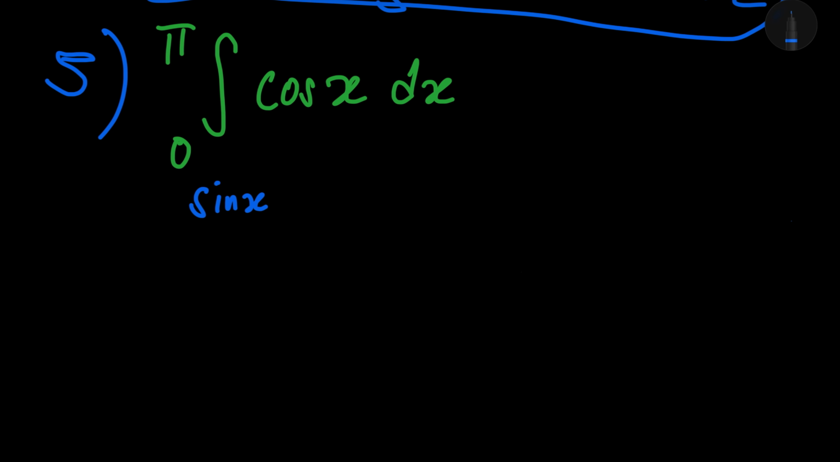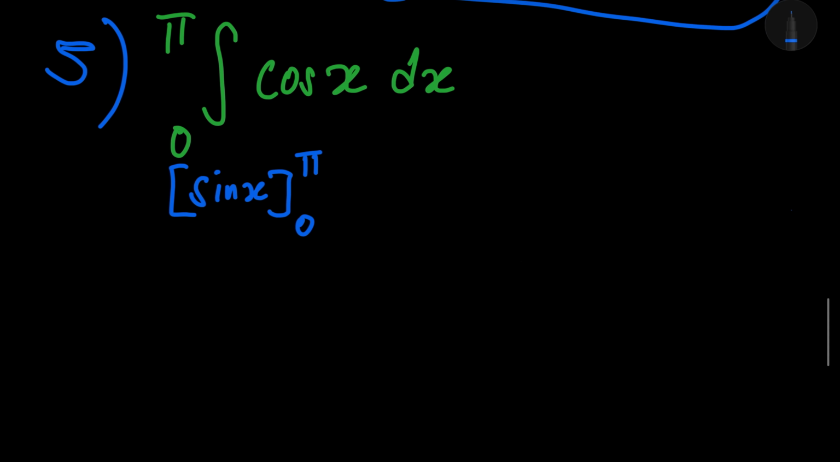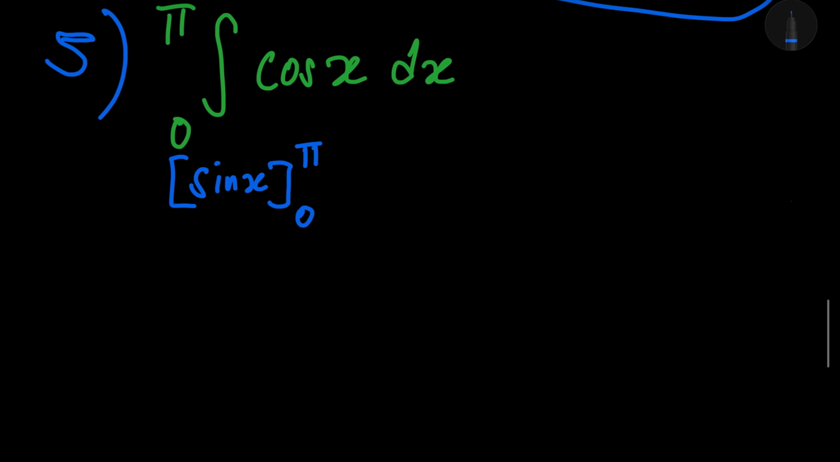Now I have my sine x, so I can put this in a nice little bracket, and I can put my upper bound and my lower bound. So upper bound is pi, and my lower bound is 0. So what I want to do first then is I want to plug in my upper bound and subtract it from my lower bound. So sine